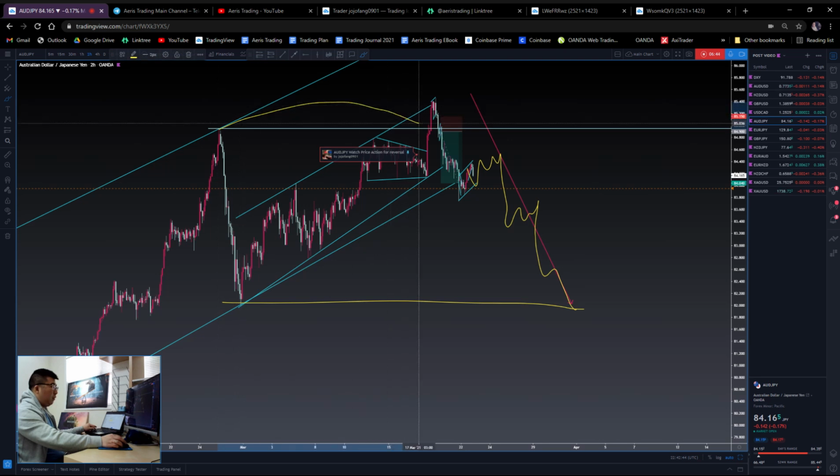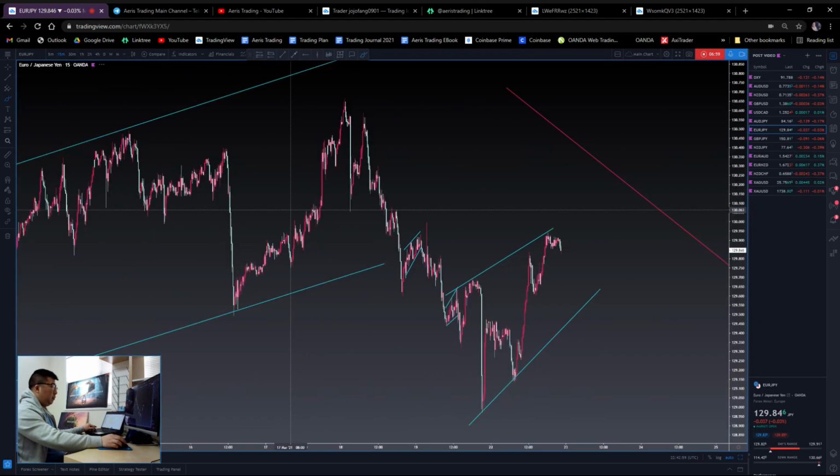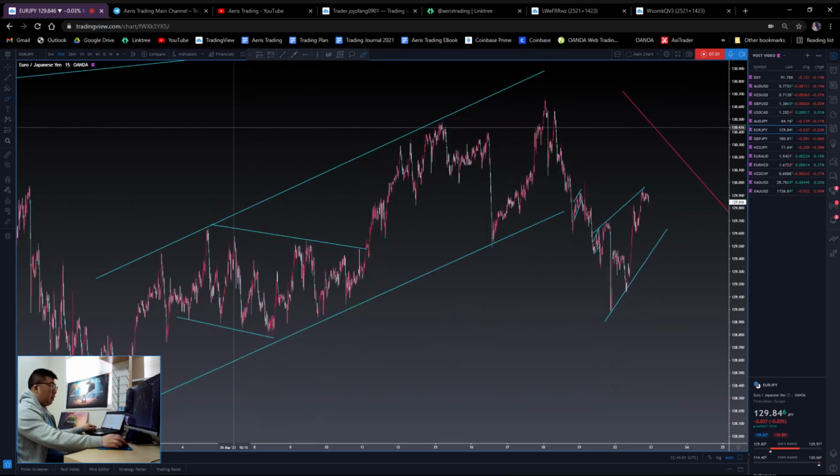This is why we don't get fazed by the news event or any other volatility, because we're going to stick to our plan, our strategy, our risk management, and our execution. Moving on to a few other yen pairs that have moved during the news event. When we zoom out a little bit here,